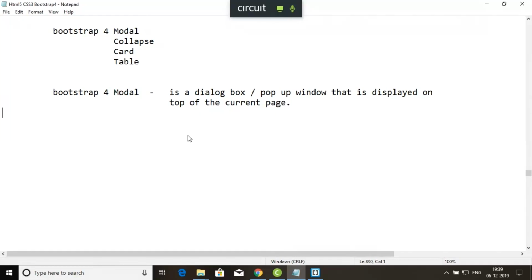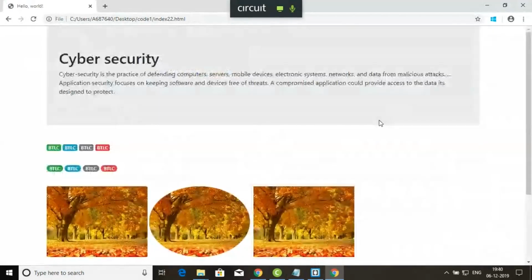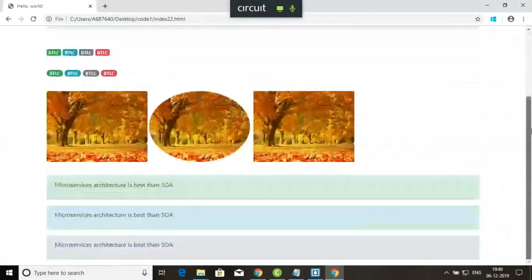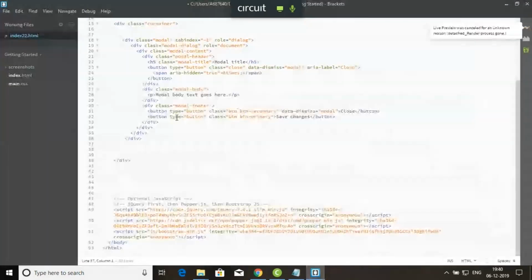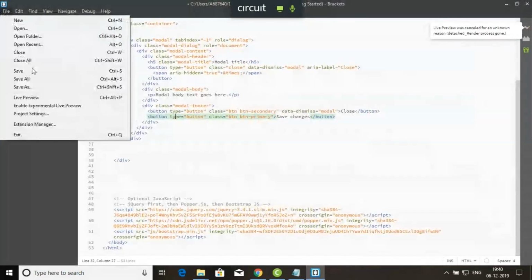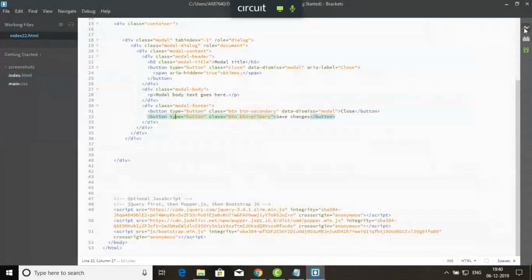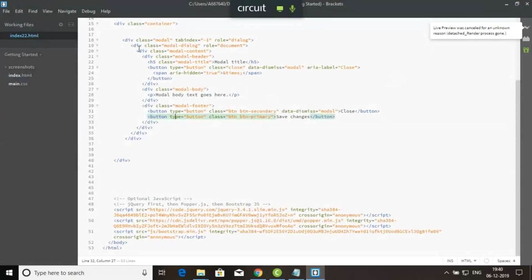Another point, if I want to say about modal, is how it is displayed. This is not the page I'm talking about. I'm talking about this page. So File, Save All, and just run this page. Now it is not showing anything because if you want to run this modal, you have to use one button,